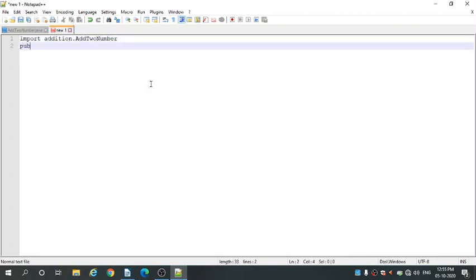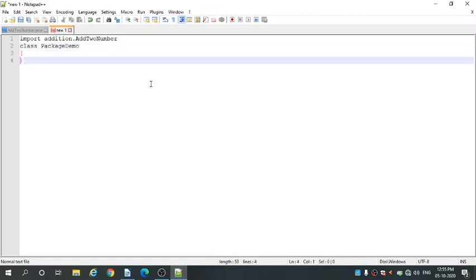So create a class with the name PackageDemo. So class PackageDemo. Okay, then inside the class we are writing the main method, public static void main, which reads a String argument.